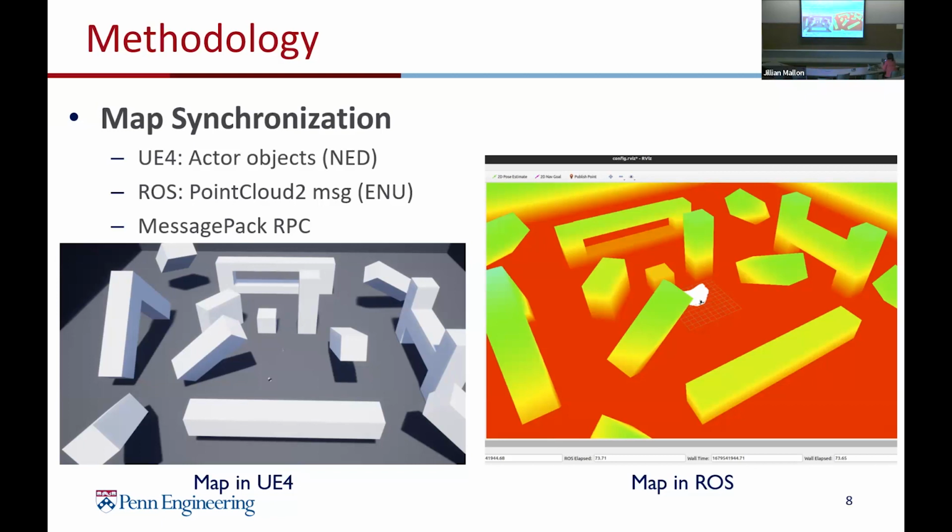Therefore, we need to convert the map in UE4 to ROS first. To do that, we first pass through all of the actor objects in UE4 in the NED frame and multiply them with a rotation matrix to convert from the NED frame to the ENU frame. Then, based on the scale property of each actor object, we calculate their corresponding cell occupancies on the voxel map. Finally, we send the converted map representation to the corresponding ROS topics with MessagePack RPC.